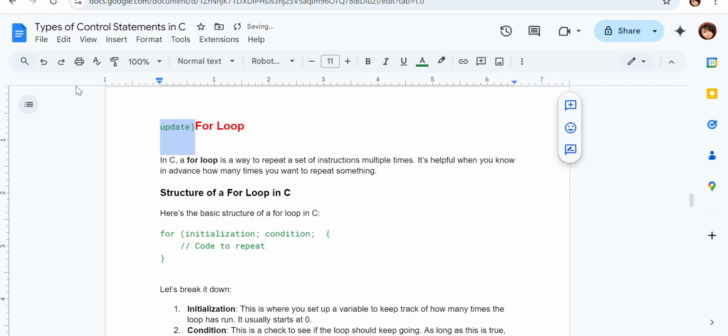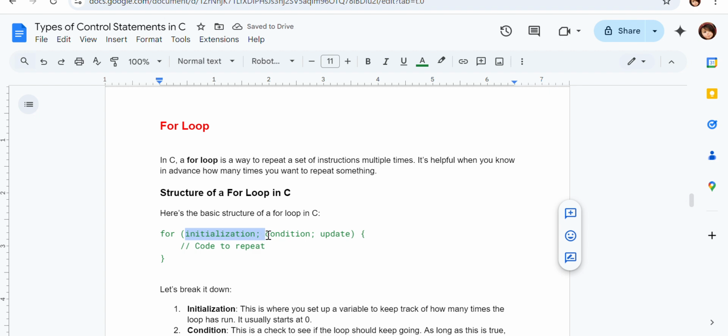So which means that if you want to go in a successive manner, from 0 to 1, 1 to 2, something like that, then you want to increment that loop variable. Or if you're starting at 10 and you want to go back to 0, then you have to decrement the loop variable. That is called your update, okay. So inside the for loop we have to give these three parts, separated by semicolons,